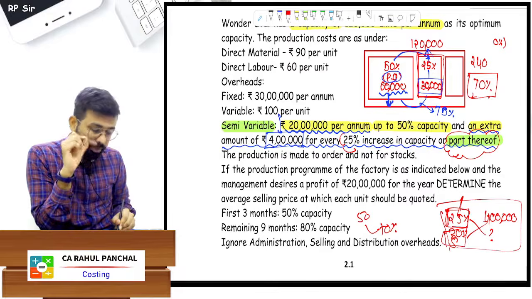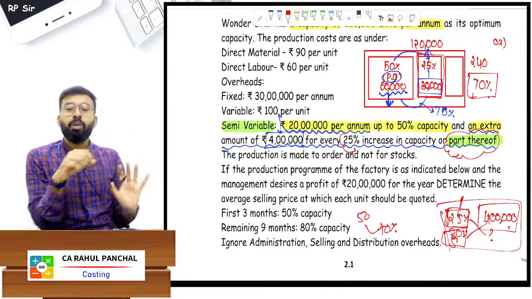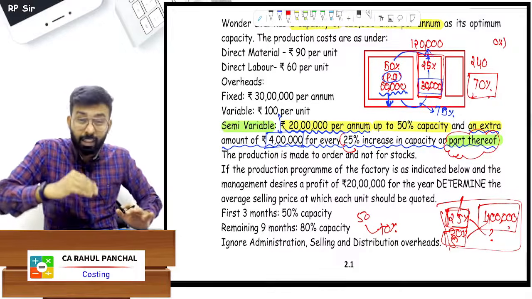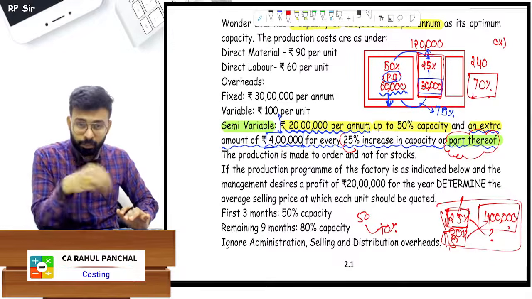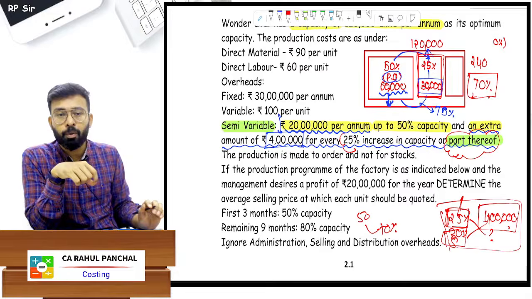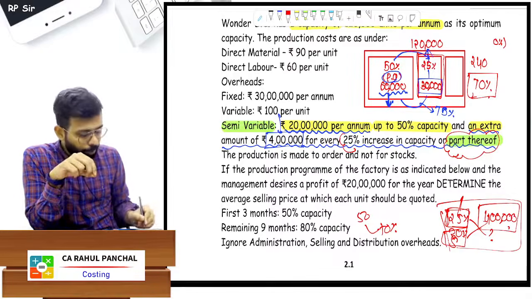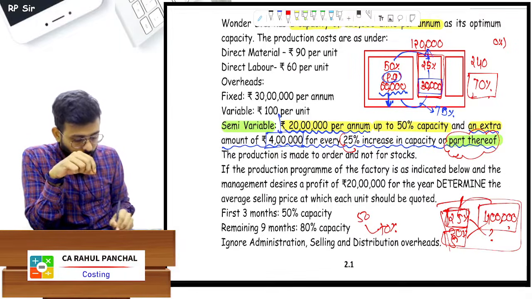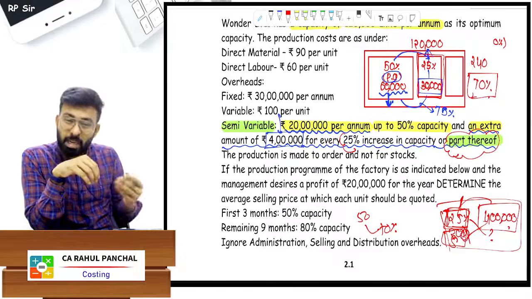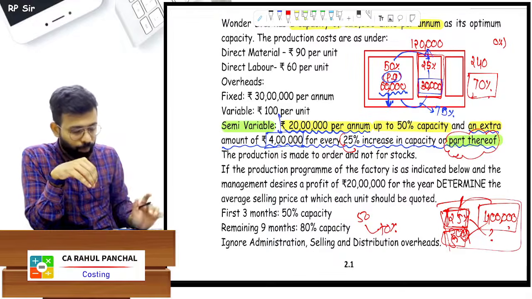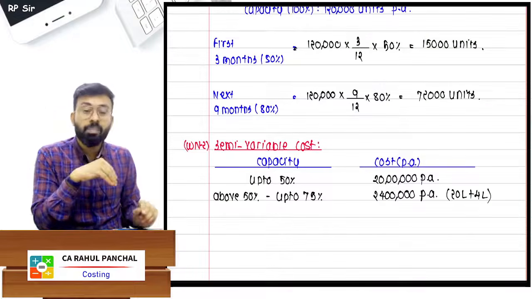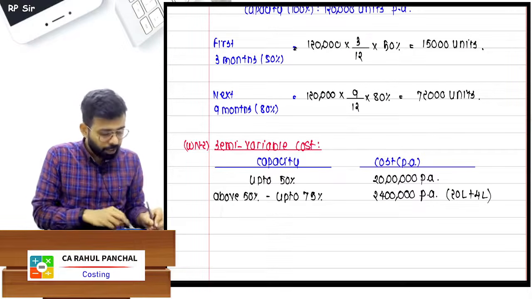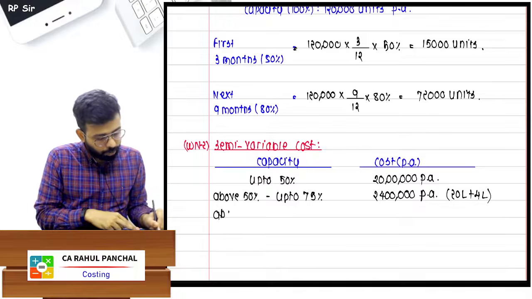for that matter your cost will increase by 4 lakh rupees, whether that capacity has increased by 25% or part thereof, that is 5% or 10%, still you will have to pay that entire 4 lakh rupees. Okay, so 4 lakh rupees is not for 25%, it is for 25% or part thereof, any part of it. You will have to pay 4 lakh. So here I can say again, if you want to increase your capacity by 25%, you will have to install one more machinery. So if you want to work above 75%,